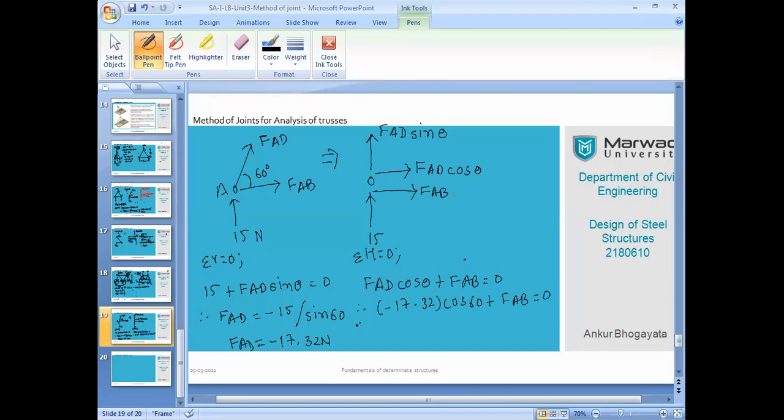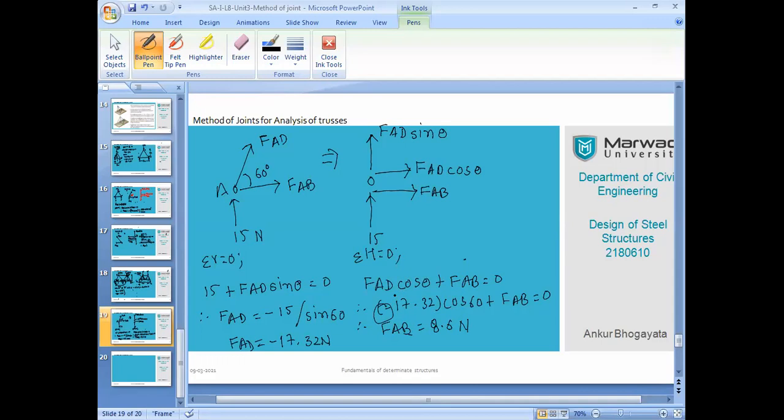So that means again, can I have FAB now? Yes, 8.66 Newton. It is positive, negative? Check your sign convention. That's it. Because negative goes on the other side, so it becomes positive. So that negative becomes positive. So it's all about sign convention. You have to remember always that you are correct in sign convention.